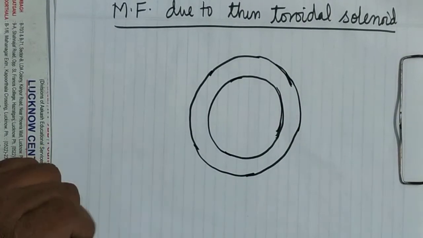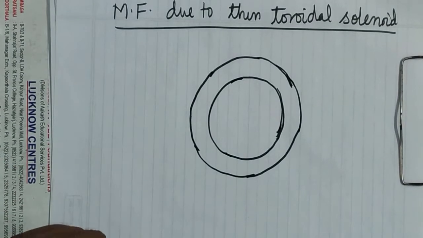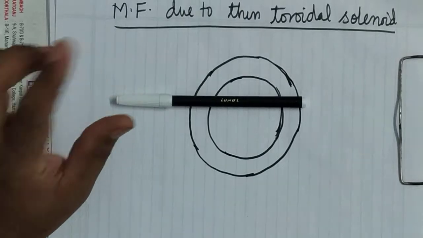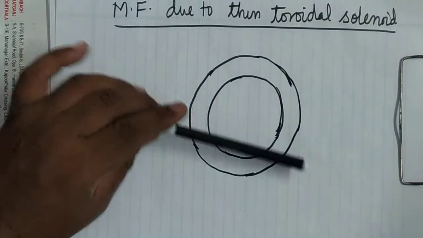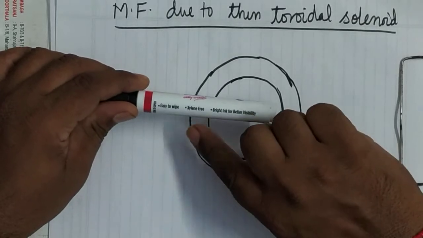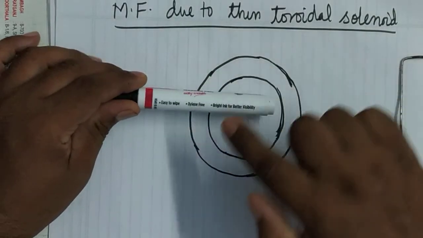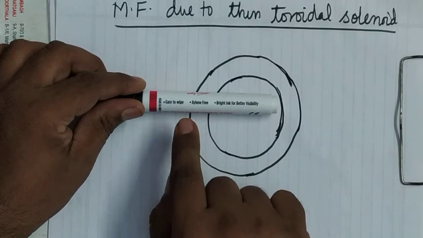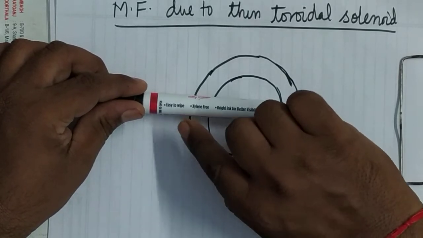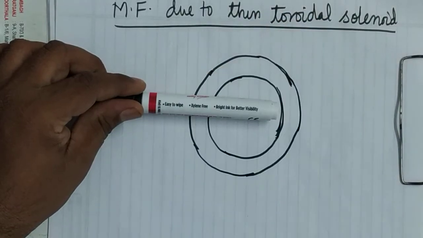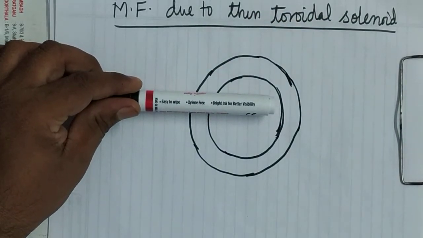This is a toroidal solenoid. If you see here, when we do the windings, suppose this is situated on the plane of paper. When this is situated on the plane of paper and you have done the winding, suppose the current is flowing in this way. So here current goes perpendicular to the plane of paper upward, while when this wire bends, then in this side current will flow perpendicular to the plane of paper downward.